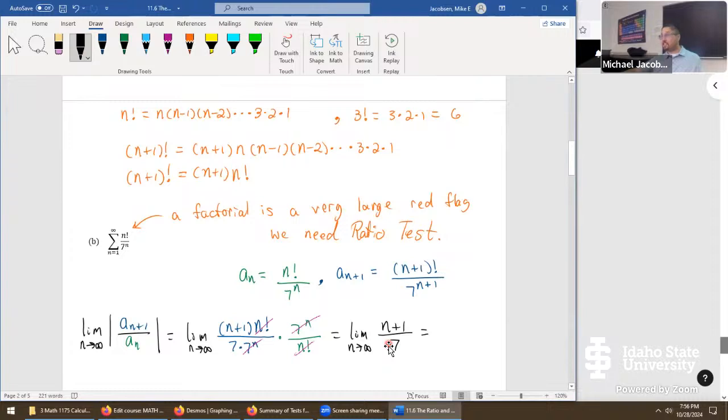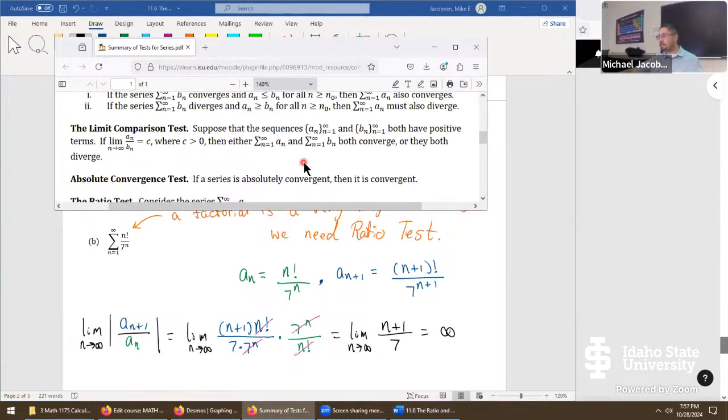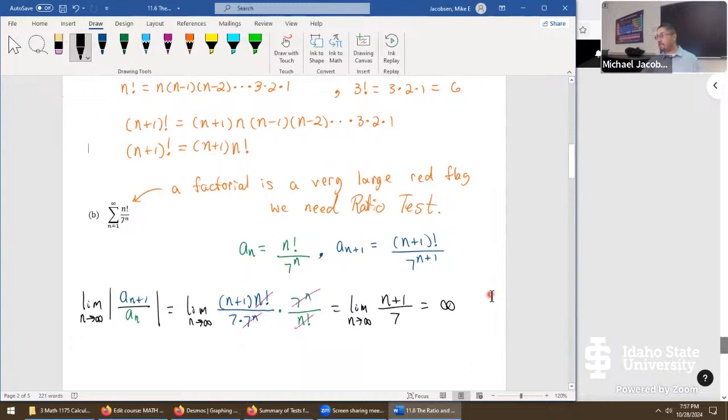This time the denominator is constant, but as n goes to infinity, so does that n right there, and your numerator just gets larger and larger without bound. The whole thing comes out as infinity. That is sometimes a major concern, actually. Imagine, for example, you're doing the limit comparison test. We never want to see an infinity on that because you want a limit that's C, that's positive and not infinity. It has to be an actual number. The ratio test doesn't care. If your limit comes out larger than 1, or if it comes out as infinity, we have a conclusion of divergence on this one. So we'll say here, diverges